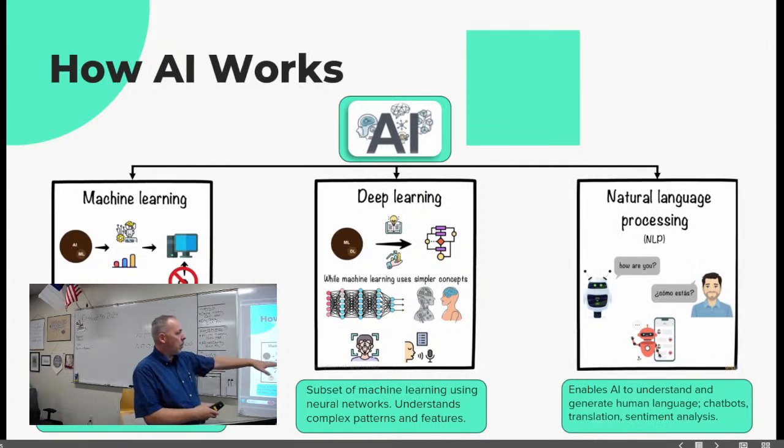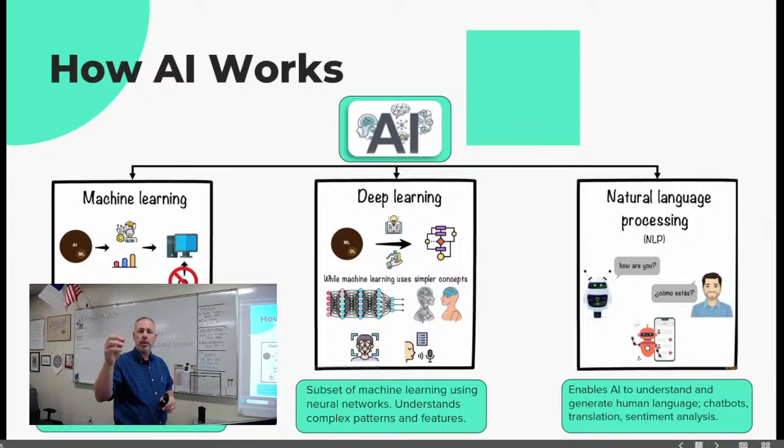Okay, then we're going to go backwards just a bit. So we did machine learning, high-powered stuff, deep learning, neural networks, thinking like a brain, voice recognition. Now we're going to backtrack to natural language processing, which again goes back to the computers able to understand language, understand the spoken word, okay?